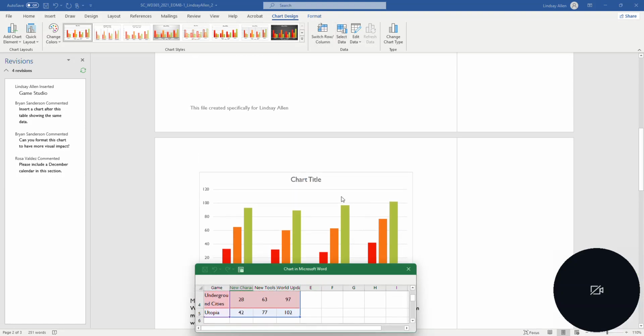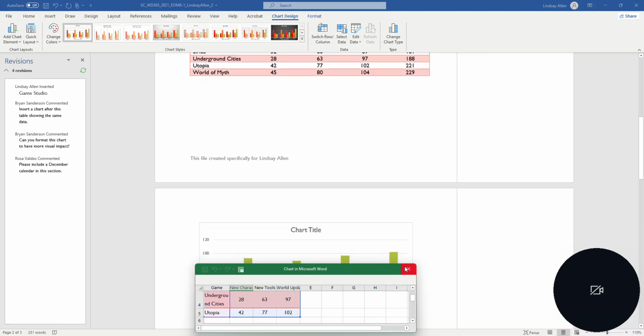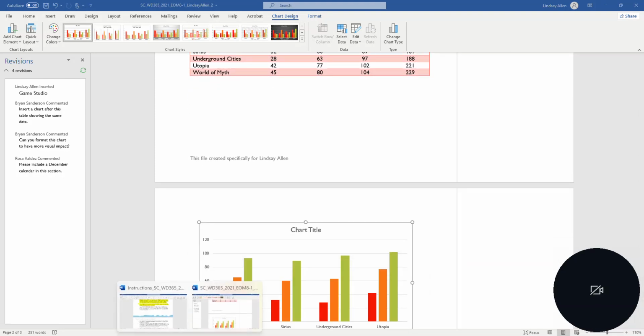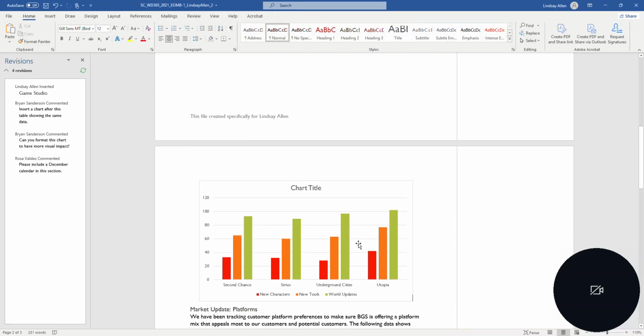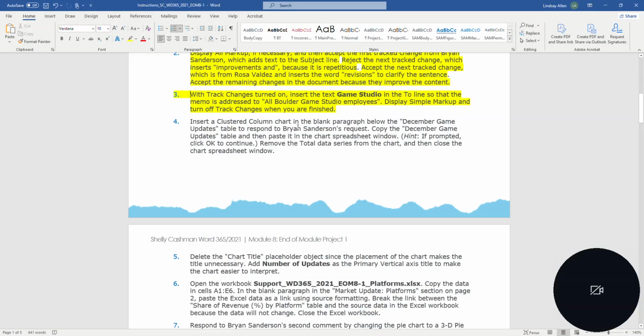And it didn't catch that when I did it. And so let's just scroll up. Yeah, we didn't have any total. And so we're just going to close that out. All right, so this is what your chart should look like. All right, so we inserted a clustered column chart in the blank paragraph, copied the game,